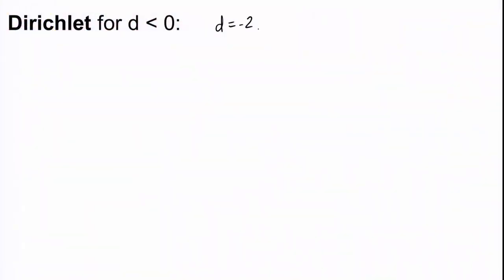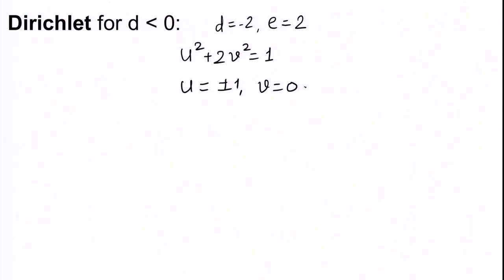And now we go to D equal to minus 2, which is the same as E equal to 2. Then we are looking for solutions to U square plus 2V square equal to 1. Once again D is minus 2, it is not congruent to 1 mod 4. So U and V are integers and the only solutions are where U is plus minus 1 and V is 0. If V is non-zero, then 2 times V square will take you beyond 1. U square is also positive. So U square plus 2V square equal to 1 has no other solutions.